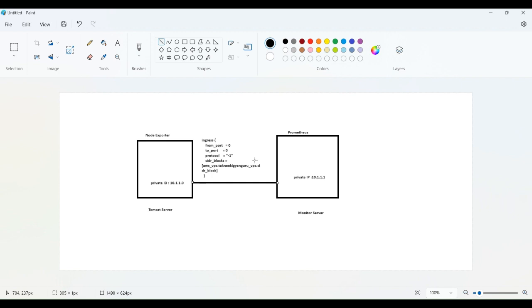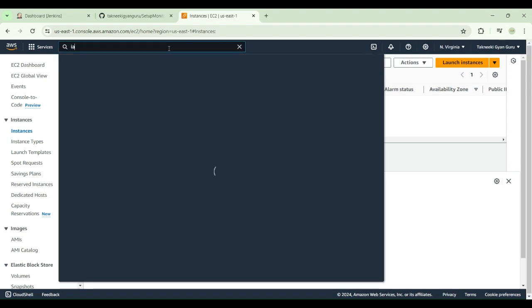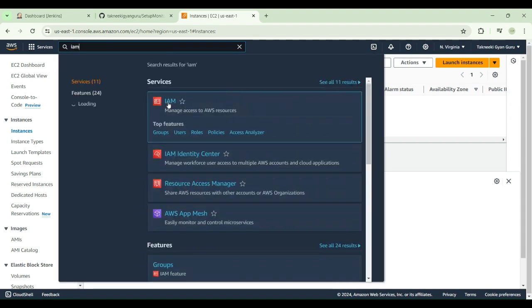Now, one by one, we will see the prerequisites. Let's move to the browser and see. So first of all, we'll go to AWS. Here we can see there is no machine over here. Now we will go and see the IAM, search IAM, click on IAM,